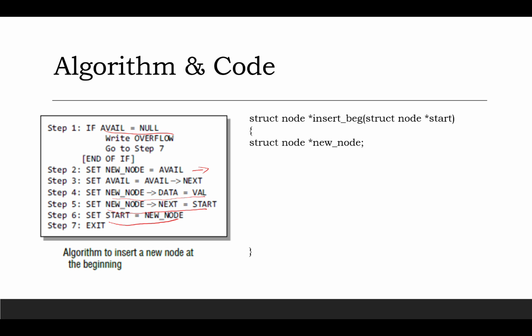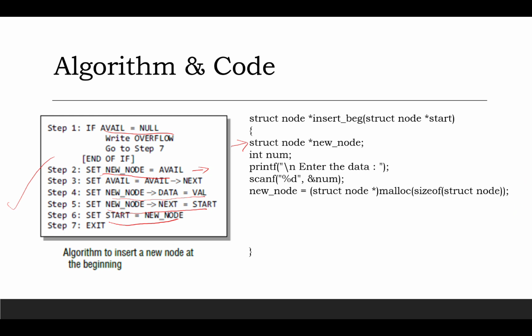It is data structures and algorithm. Mostly they will ask you to write the algorithm. So if you write the algorithm like this, it is more advantage for you. The same thing only we are using. First we are using this function, then by using the struct we are creating the new node. Instead of that statement, in an algorithm we have to write new node underscore node is equal to null. Then we are getting the value for the num. Then by using the malloc function we are allocating the memory space. Then the same thing, so you can check. We are assigning the value for the new node,